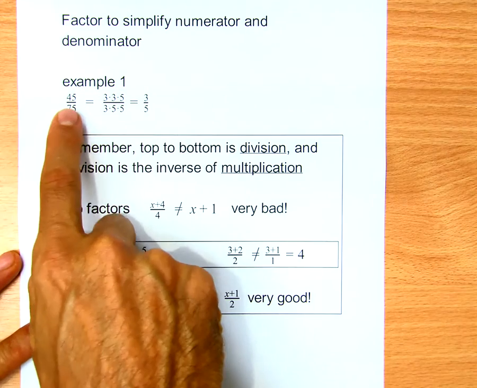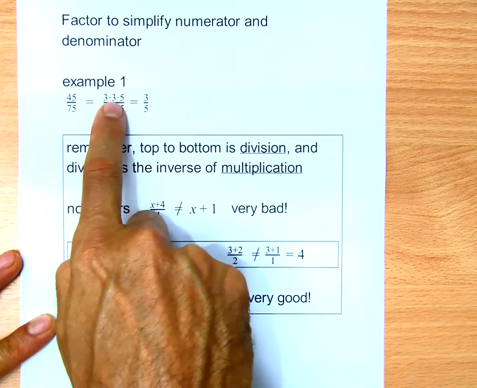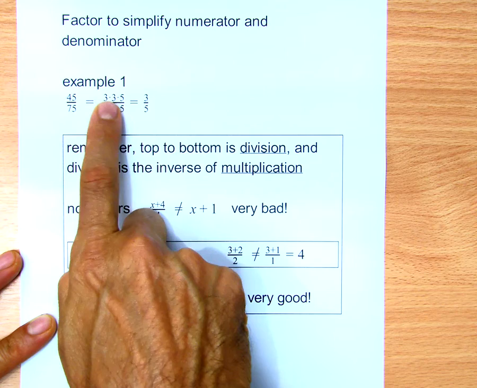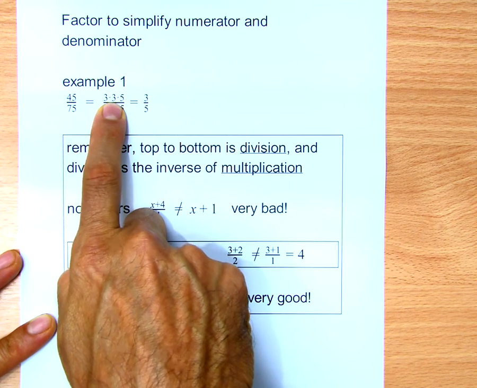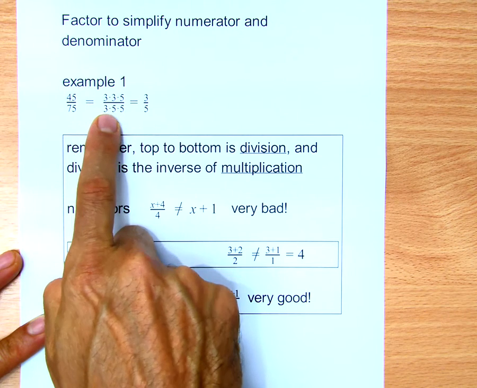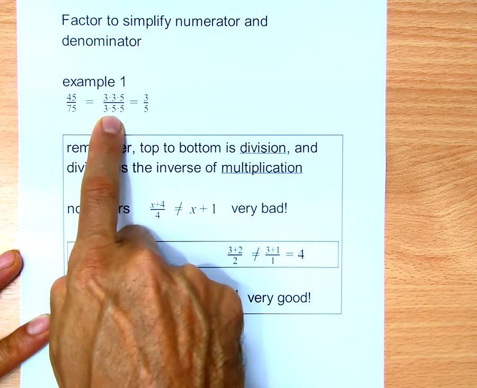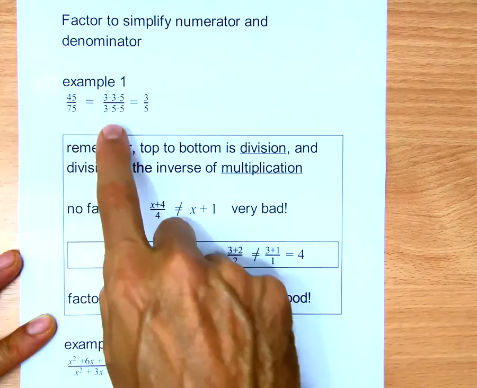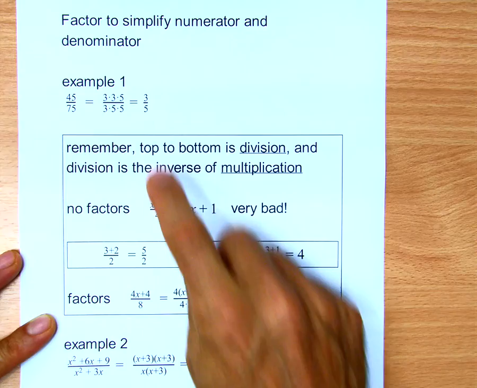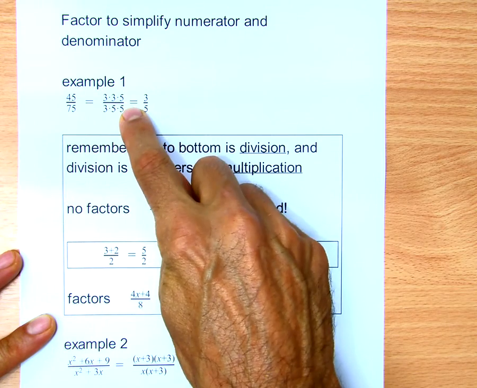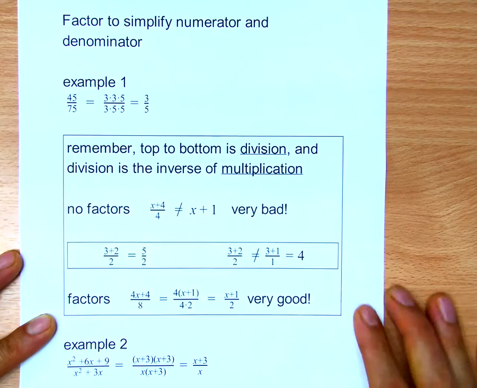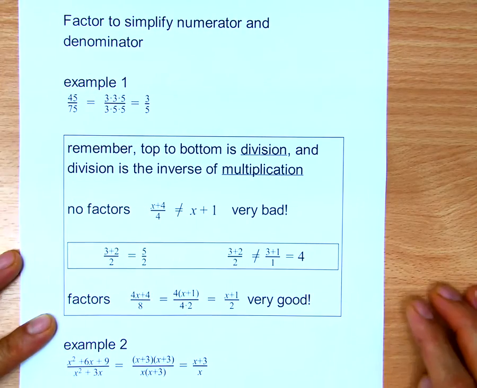In this example, I can break down 45 as 9 times 5 or 3 times 3 times 5. I factored 45 to these factors. And I can also factor 75 to 3 times 25 or 3 times 5 times 5. And now this 3 on top and this 3 on bottom will cancel, and so will this 5 top to bottom. The multiplication that I created will cancel with the division of top to bottom, simplifying this to 3 over